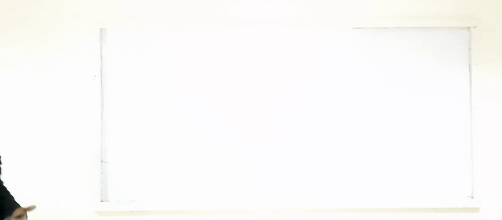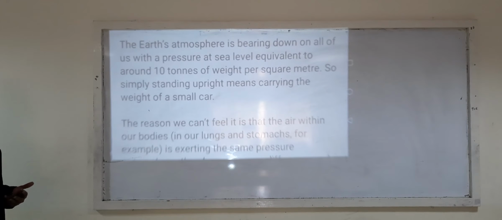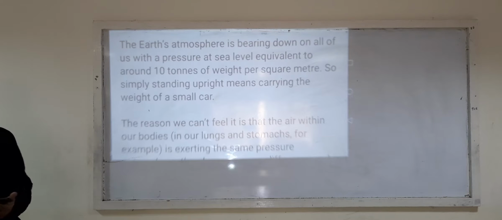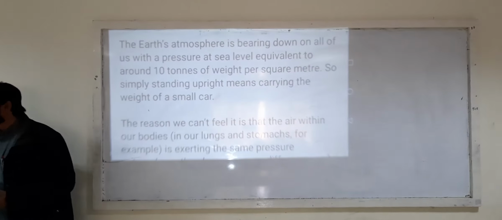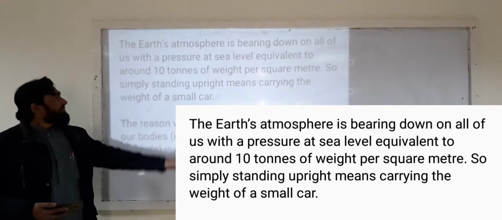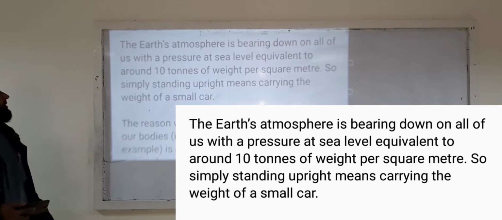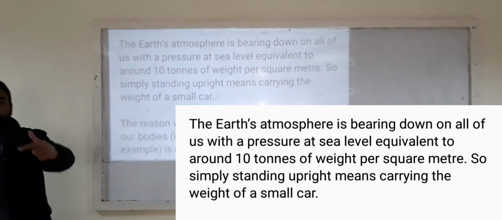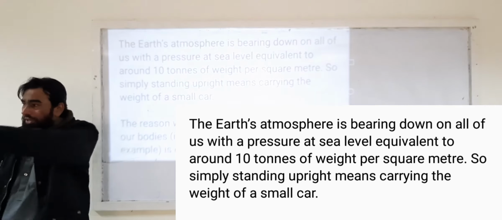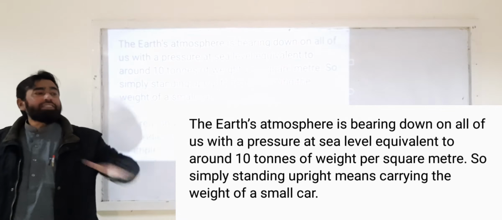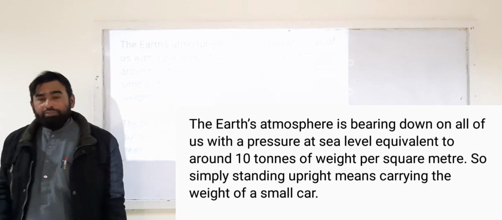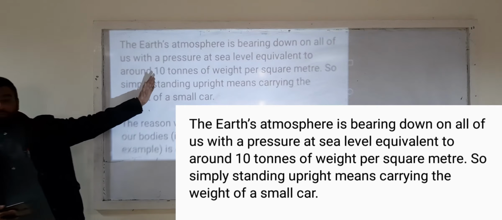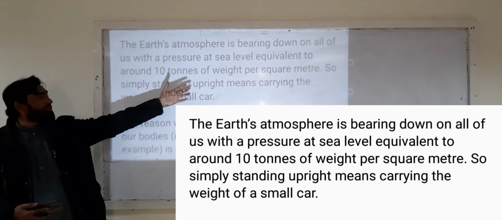Okay? I told you that the Earth's atmosphere is bearing down on all of us with a pressure at sea level. We are talking about the pressure at sea level now. At sea level, this pressure is equivalent to around 10 tons of weight per square meter. It means on 1 square meter, 1 meter length, 1 meter breadth, the pressure being exerted is almost, not exactly, 10 tons of weight per